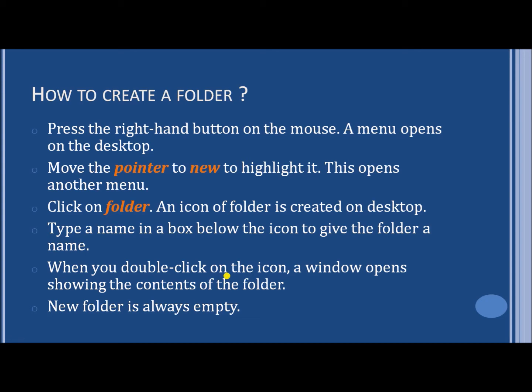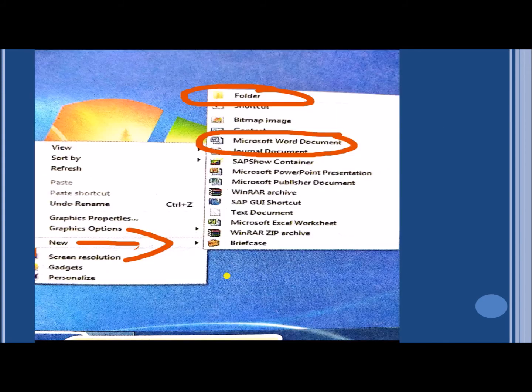When you try to open it, you will have to double click on it. And you know what double clicking is? By rapidly clicking the left hand side of your mouse button 2 times, that is a double click. When you double click on that folder, it will be empty because it is a newly created folder, and normally there is nothing present in a newly created folder and it is always empty.